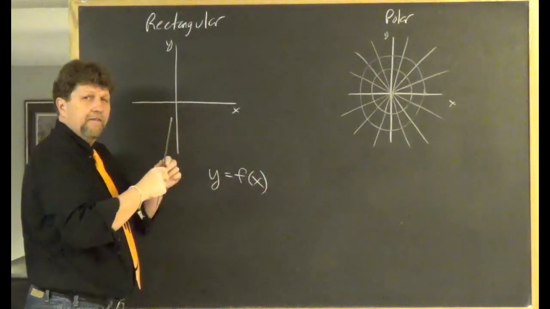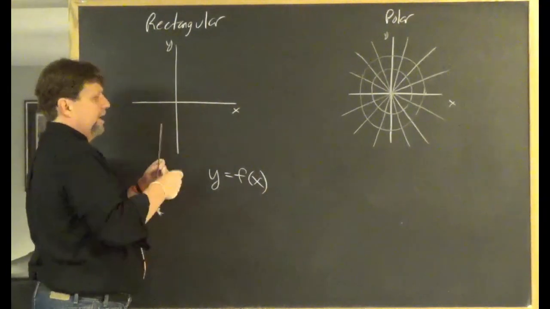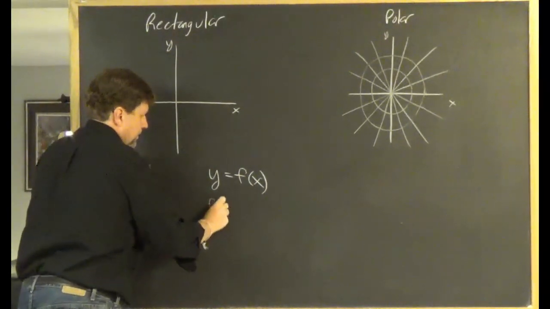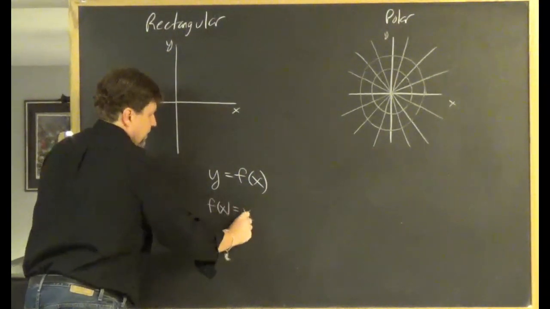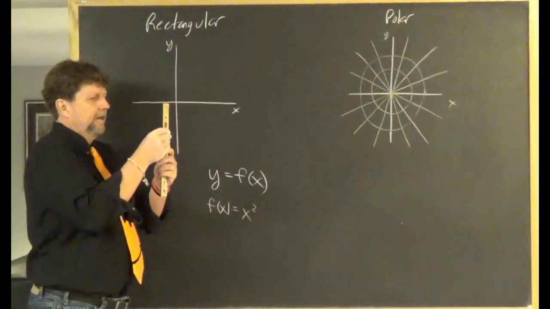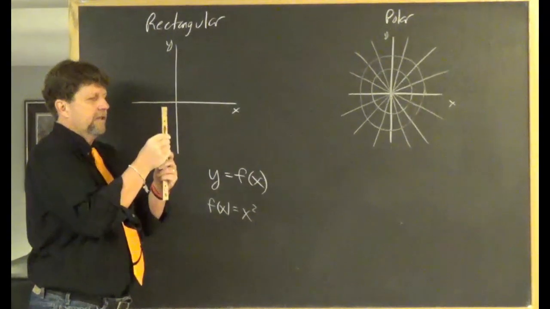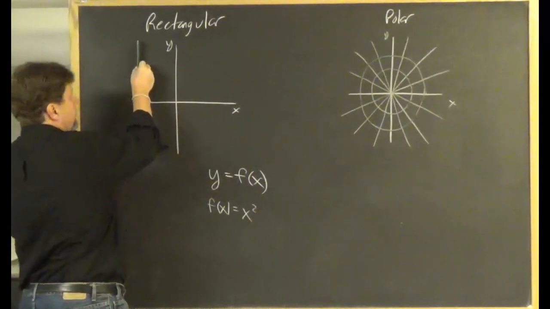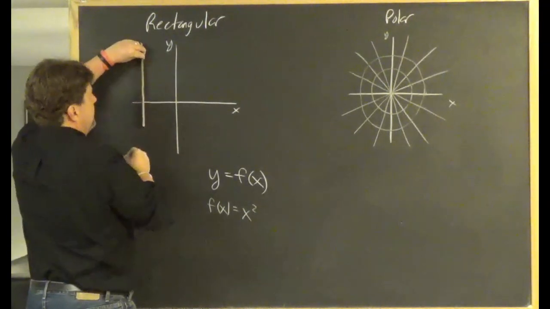So if you just look at a friendly example, f of x equals x squared, you can think that there's something attached to this vertical line as you move from left to right,